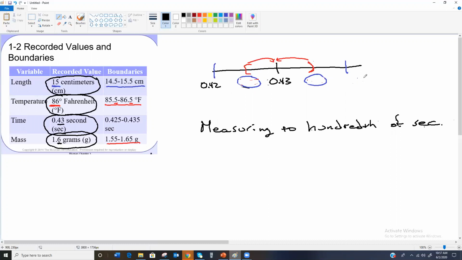And then the reportable value above 0.43 would be 0.44. And so the numbers that would cause us to report as 0.43, the first one would be 0.435,